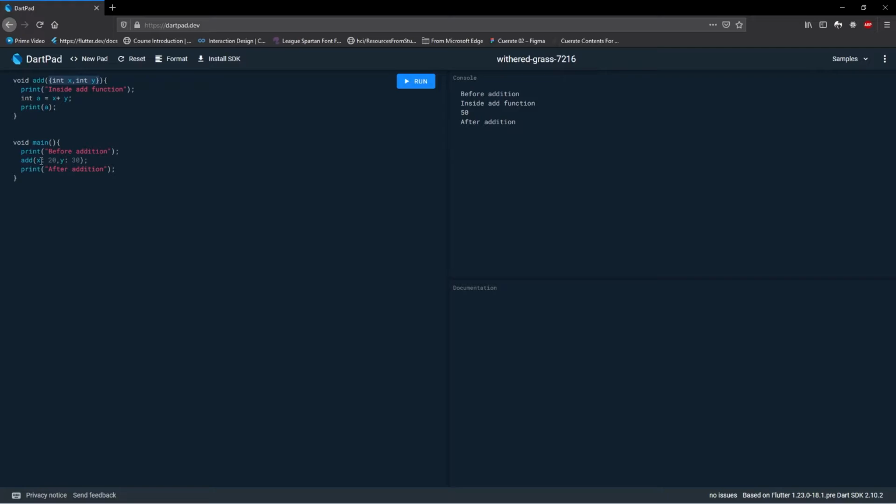Named parameters is when you want to specify which variable gets which value, to give more clarity as to what value is going to which variable. That is why you use named parameters. This is also called optional arguments. I'll go over that in a second. So when we run this, it is going to be the same. So this is something called named parameters.